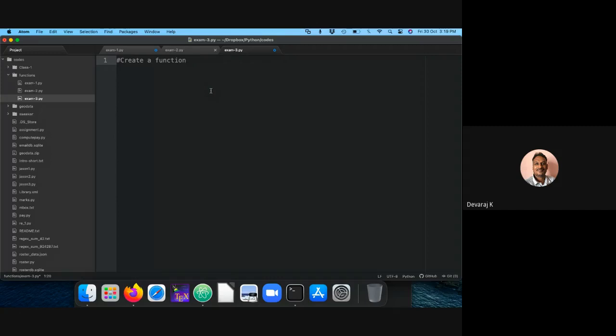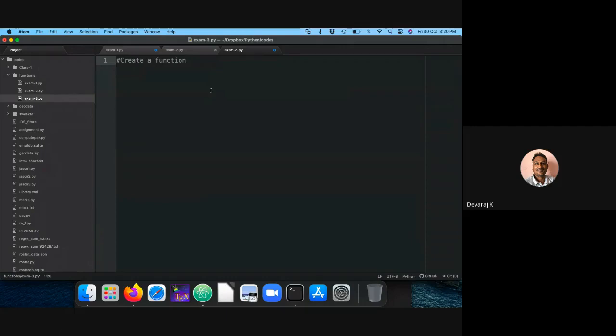Say all my employees' salary is fixed at 10,000. That 10,000 should get printed even if I don't define the salary of that person. But if I define the employee name and the salary, I should get it.